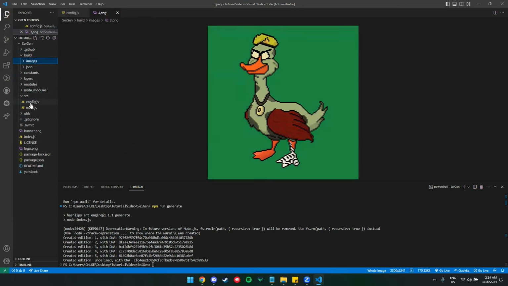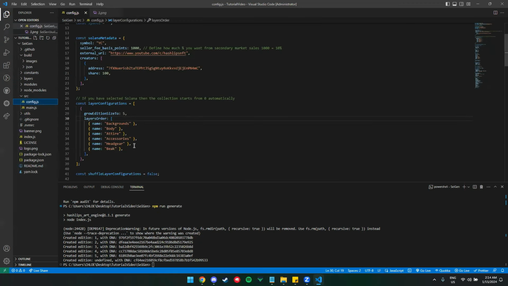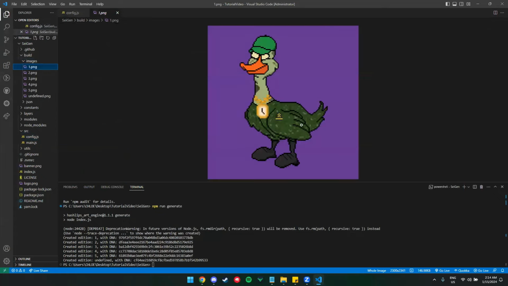Okay, so just to show you what will happen if I put this here. The body layer will cover the attire layer. So let's try. As you can see right now, it should be like this.